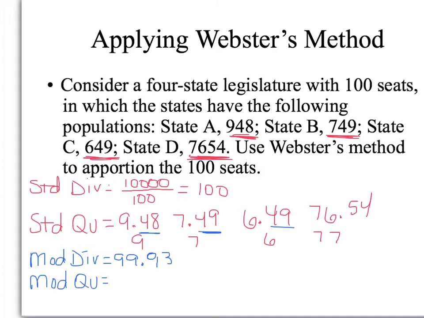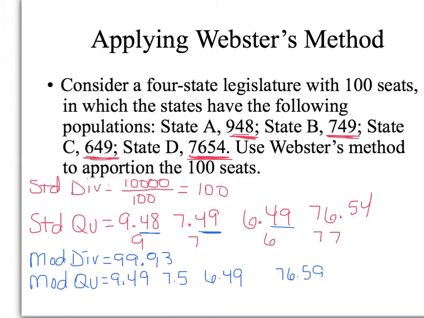When I did 948 divided by 99.93, I got 9.49. When I did 749 divided by 99.93, I got 7.5. And 649 divided by 99.93 was still 6.49. And 76.54 was